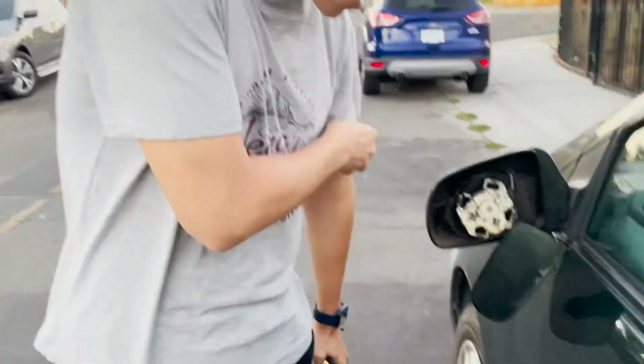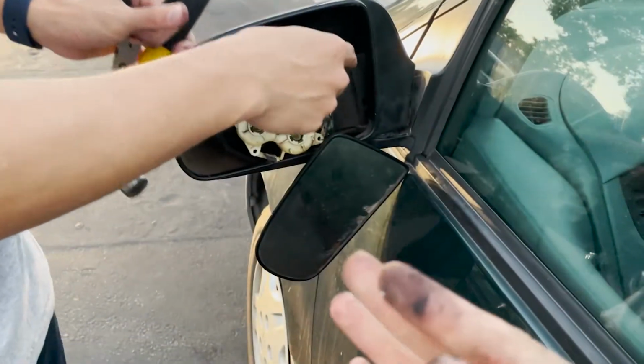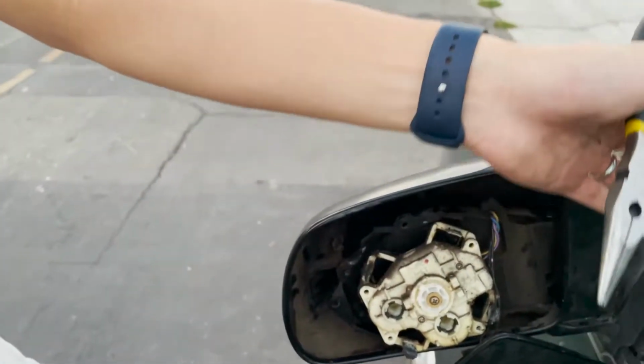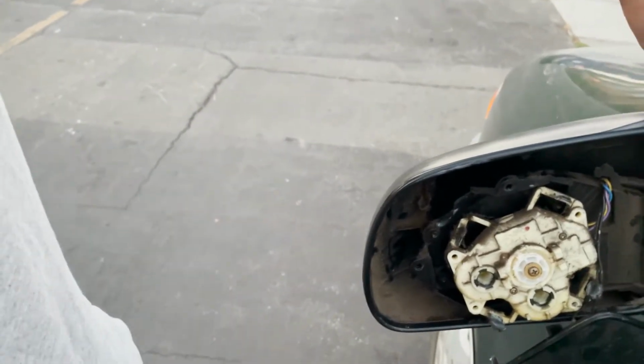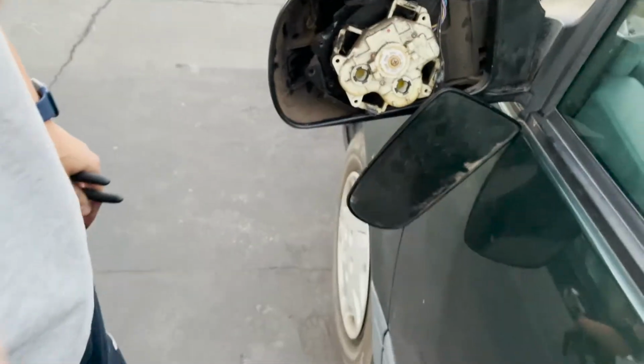20 minutes later. I think mission failed, unfortunately. We can't seem to get this piece out of this cover, and then we can't hammer this washer that we need to hammer. You know, I saw in other videos they went into the door compartment and removed the whole mirror. And maybe that's how they were able to access it, but...